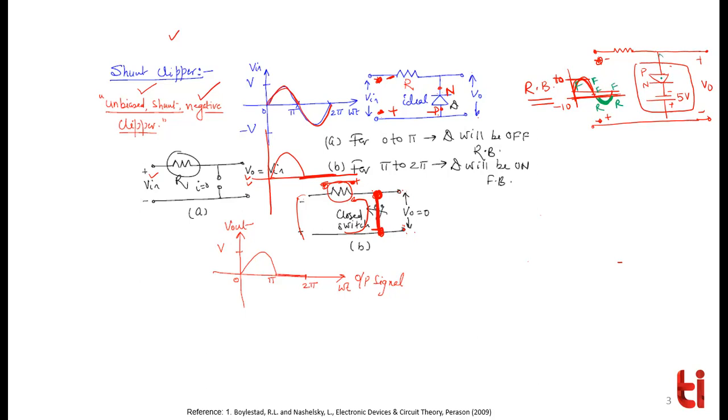If the diode is in a forward bias, make it short, output is minus 5. So what will be the output? Minus 5 over here till this point. In reverse, since this gets open, the output will be the same as input. Then again minus 5. This is the answer. Is it clear? Please tell again. Okay, no problem.